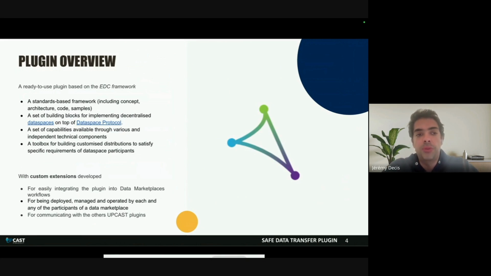The EDC framework provides, in the end, a set of different capabilities that we could keep or not, deploy, configure, and improve to create a data transfer plugin that will be used for the transfer of data. What Upcast did was first to create a new